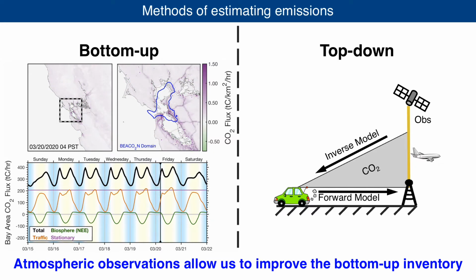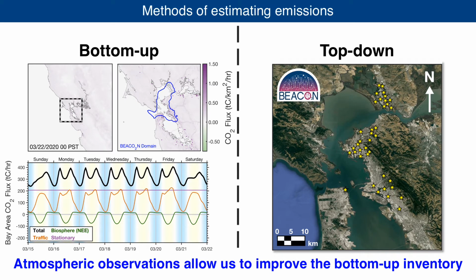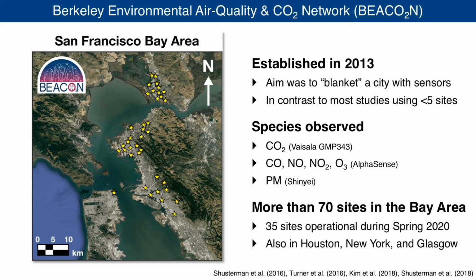Putting it all together, we see a sawtooth-like pattern in the daily cycle of CO2 emissions over the Bay Area, with the biosphere offsetting much of the midday emissions from traffic, and structural differences between weekday and weekend emissions in the Bay Area. So our aim here is to improve on this bottom-up estimate shown on the left using our atmospheric observations from the Beacon network. The Beacon network was established in 2013, and the aim was to blanket a city with low-cost